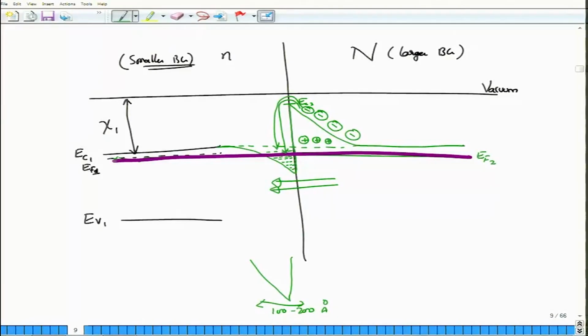But the important point about this one is that there are a lot of electrons in the conduction band. What about the valence band? Well, for the valence band, what happens is that the valence band would essentially also start to go down, but then exhibits a sharp discontinuity and then further goes down here. Of course, the energy gap that you would see, Eg2, will still be much larger than the energy gap Eg1